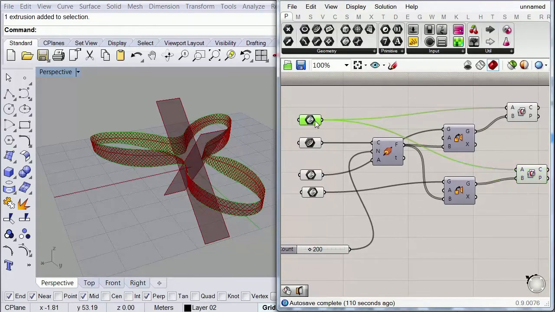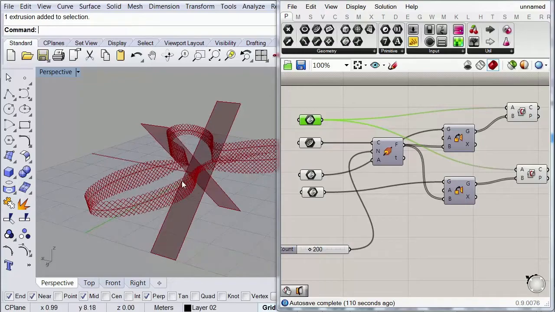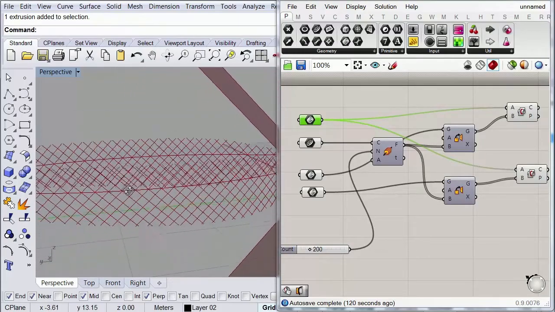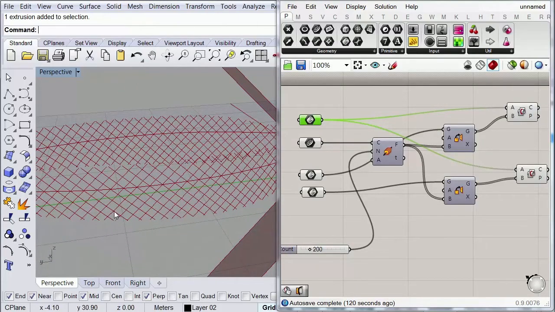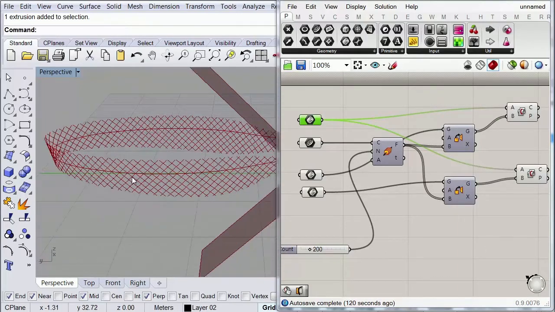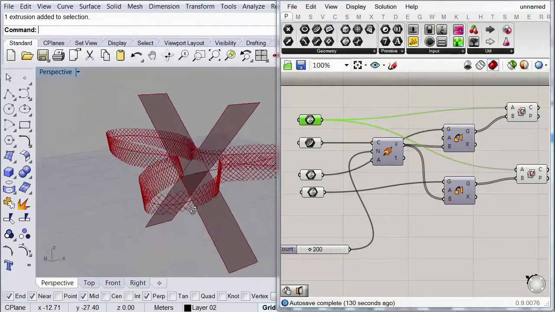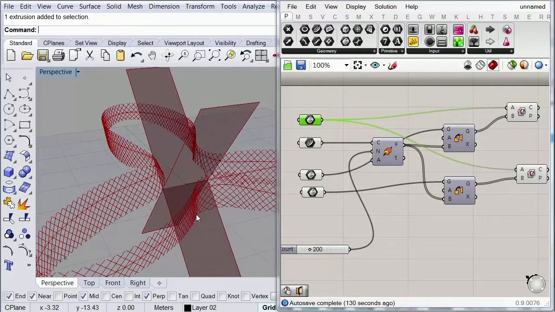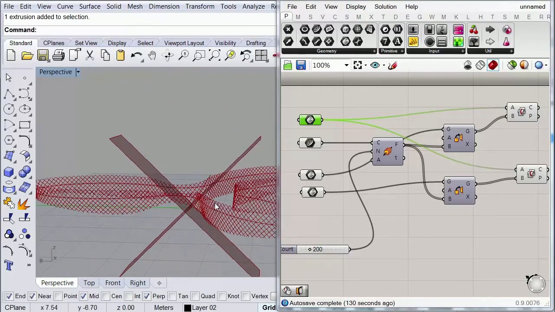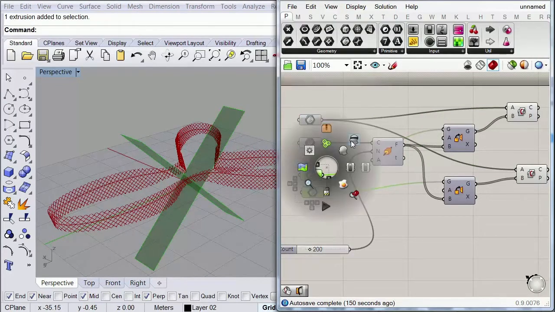And if I go ahead and hide this host surface, you'll notice that we have created our stereotomy in a diagrid disposition, which is not the standard way of doing it, which is why this is also a little bit more interesting. And as you can see, it goes throughout our whole skin. I'm gonna hide these surfaces so we can see it better.